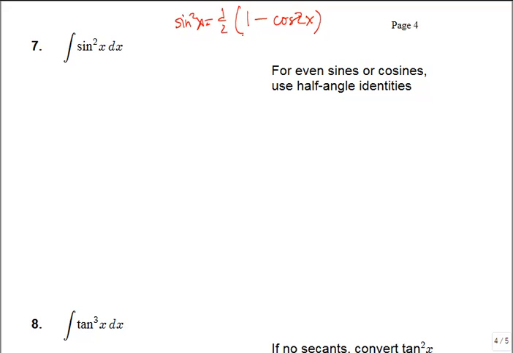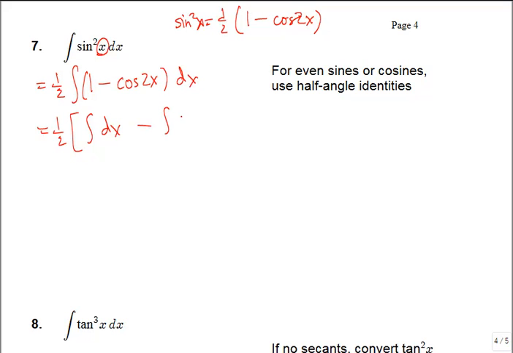That's the only difference. So this is going to become 1/2 times 1 minus cosine of, the original angle here is x, so when I double it, it becomes a 2x. And then I can split this up into two separate integrals. The integral of 1 dx, or just dx, minus the integral of cosine 2x dx. The integral of dx is just x minus, to integrate cosine 2x, you have to think in terms of pattern